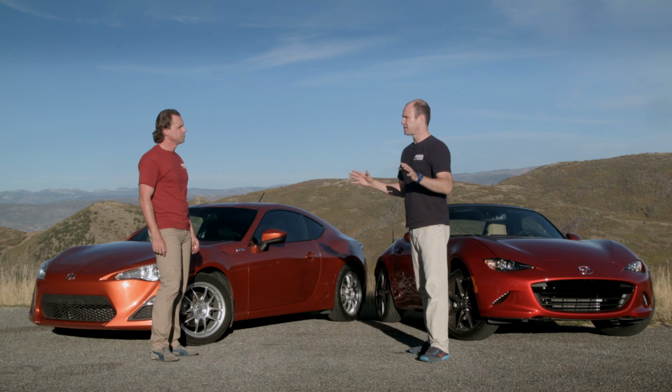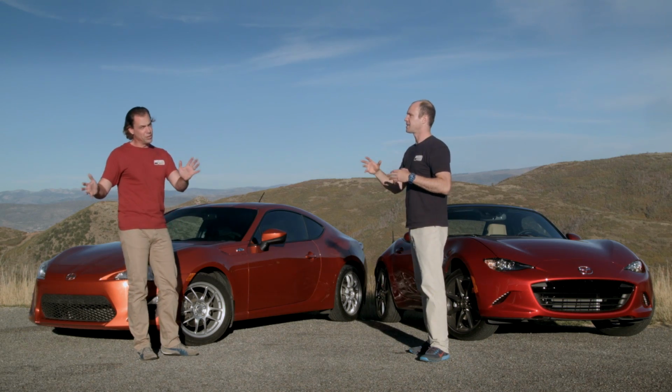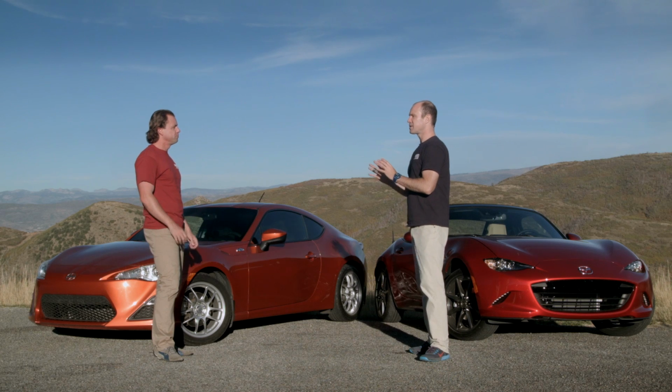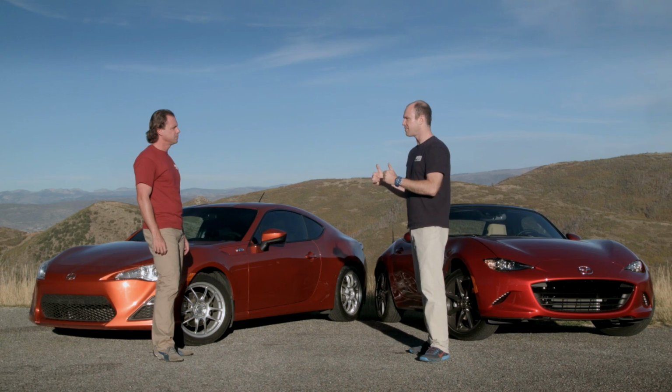These cars are similarly priced, but I noted a couple years ago when we first drove the FRS, this was 1.0. Sure. And we were expecting at some point Toyota and Subaru to come out with a supercharged, turbocharged, more hot, something else. And we've talked about that ad nauseum. Yep. The new 2016 car is also 1.0 with the new architecture, new everything. Lighter, smaller, amazing. All of that, but now it's a matter of, even if you get either for less used, you're still going to put yourself back up because of what you're going to do to it. You're going to want to make it this way, harder or softer or better or whatever. So even if you get it for 25 grand,